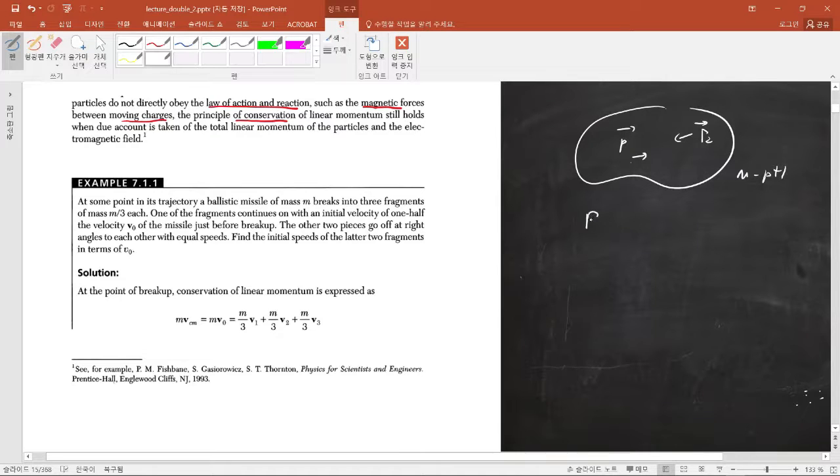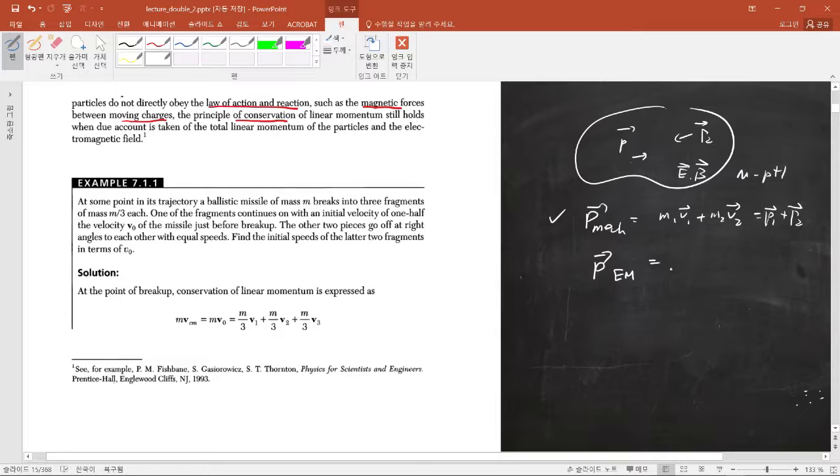The mechanical momentum is equal to m1 v1 plus m2 v2, which is equal to p1 plus p2. And because these are charged particles, electric field and magnetic field will be created and affect each particle's motion. You also have P electromagnetic field,